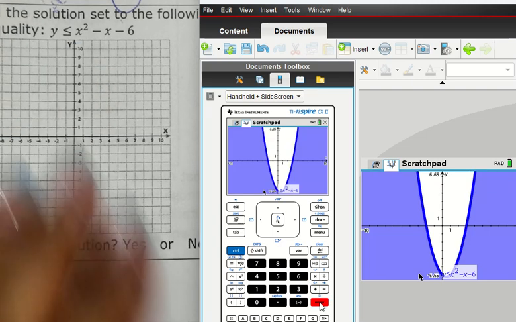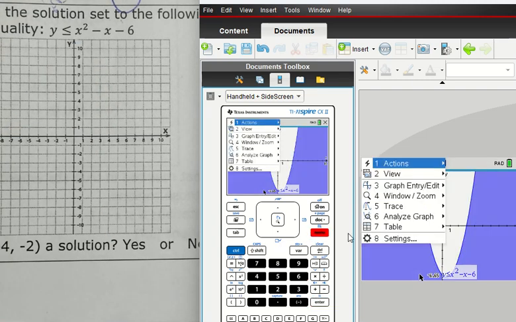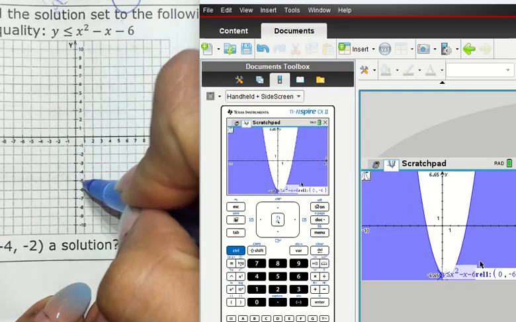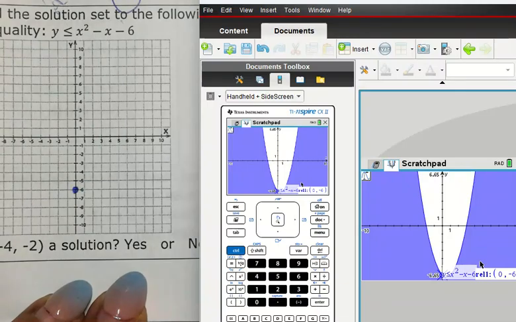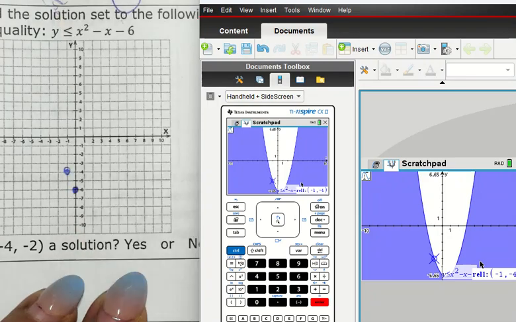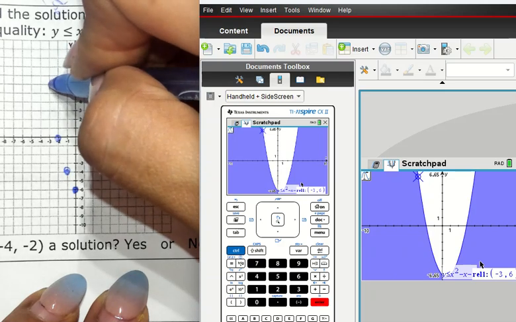All right, so to put that here, we're going to trace. So 0, -6 is the y-intercept. Then -1, -4, -2, 0, -3, +6,